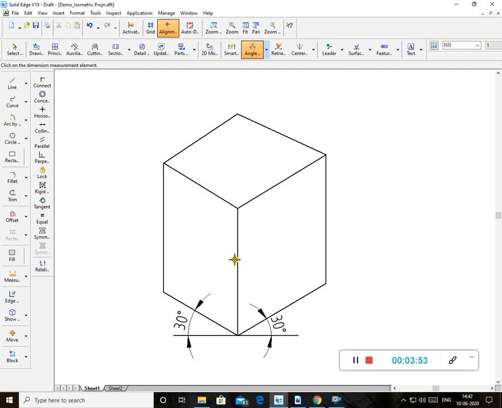Suppose I draw another line here. If I take any corner point of this object, whenever I draw a line, it should be 30. So this angle again, how much should it be? 30. This is a rough figure I have drawn. I'm just explaining the concept here. Again, this angle should be 30. How much is it? 30. If I draw a line here also, again it is 30.